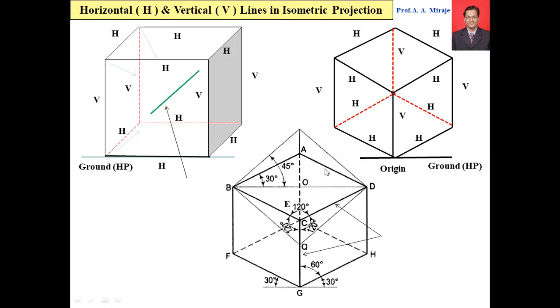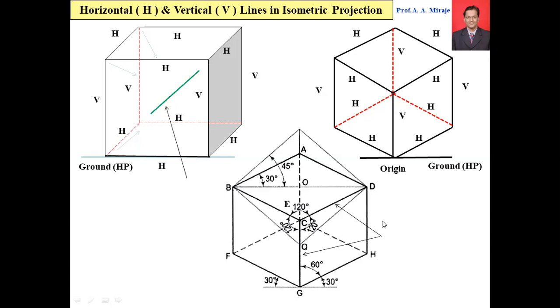This is also 30. Now the AD line is parallel to BC. From the C, if I draw a horizontal line here, like this, the angle of this horizontal line with the BC is 30, because this angle is 30. These two lines are parallel. So the angle of the horizontal line with the BC is 30. The angle of the horizontal line with the vertical is again 90. So 90 plus 30 is nothing but 120. So this is also 120. The angle between BC and CG is 120, and the angle between DC and CG is 120. So naturally, the angle between BC and CD is also 120. So all the three angles are coming as equal.